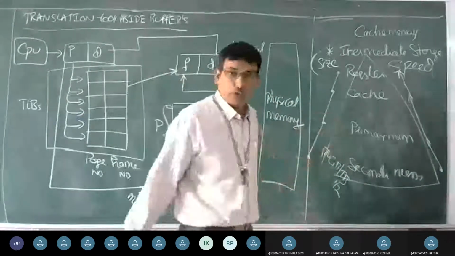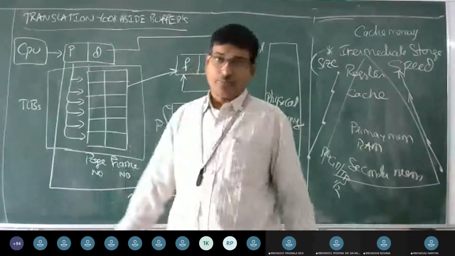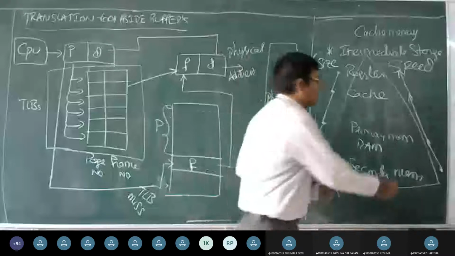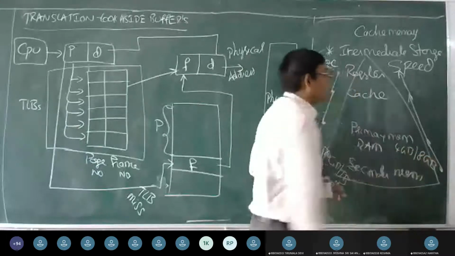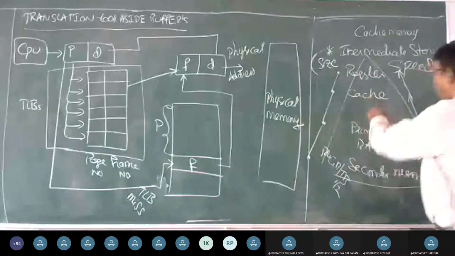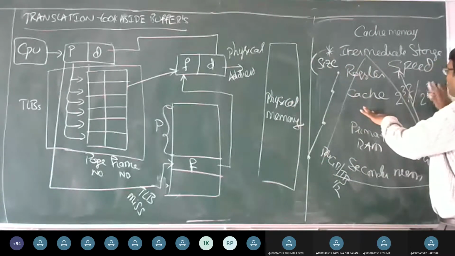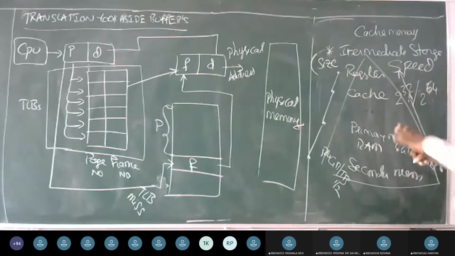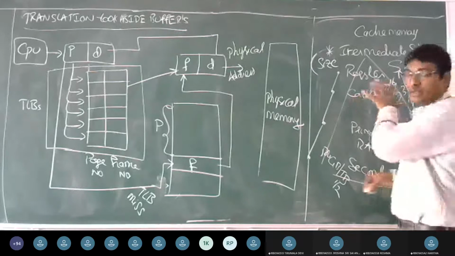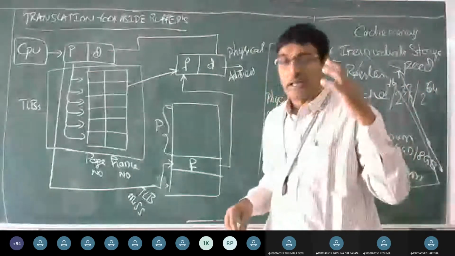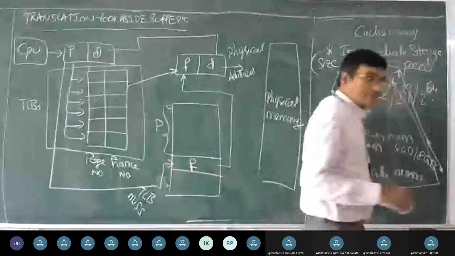Whereas the physical memory is concerned, it is going to be random access memory. That means it can be 4 GB RAM, 8 GB RAM, like that. Thereby, we have cache memory, which can be 2 power 32 up to 2 power 64, like 2 power 16. So in this way, items are going to be with a 2 power n exponential, where cache memory is organized.